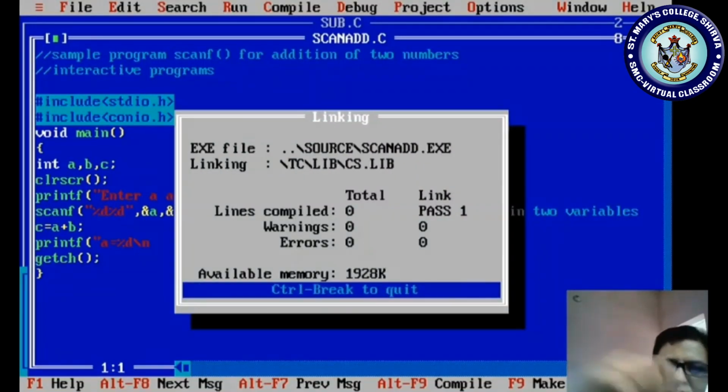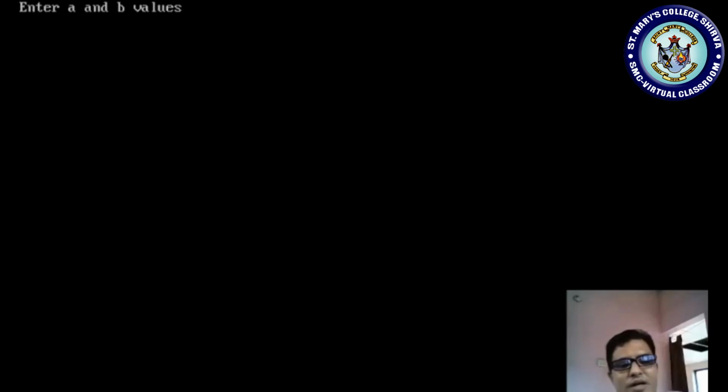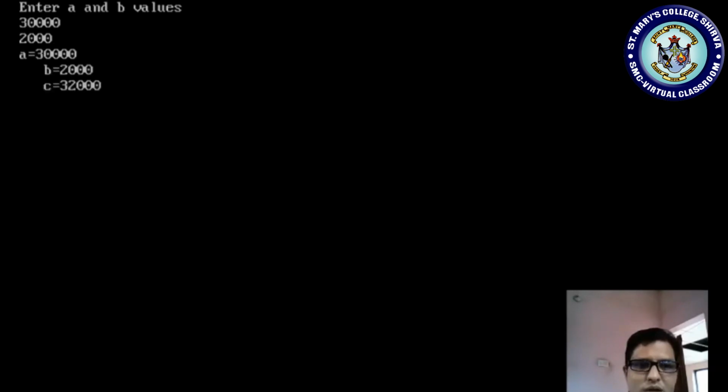Whether it is accepted. 30,000 plus 2,000, 32,000. Yes. Why? Because it is within the range. Suppose if I want to process large numbers, then integer should not be used. Okay. Now you came to know the usage of scanf. Whenever you are running the program, you are supplying the values to that variable. Got it? That is why it is called an input function.